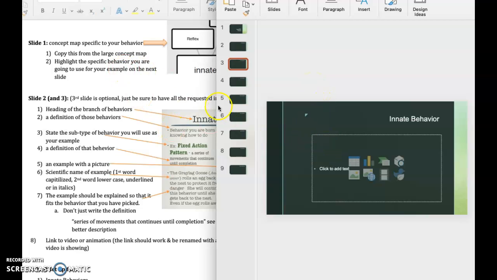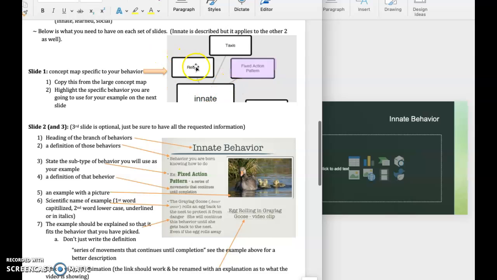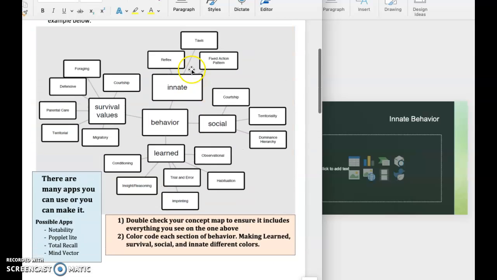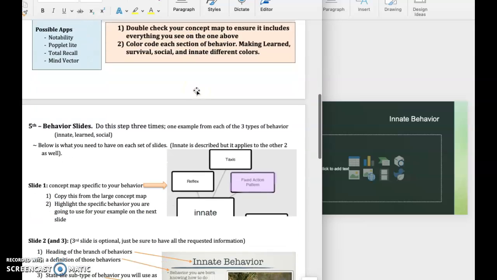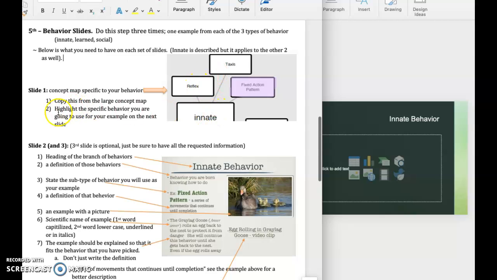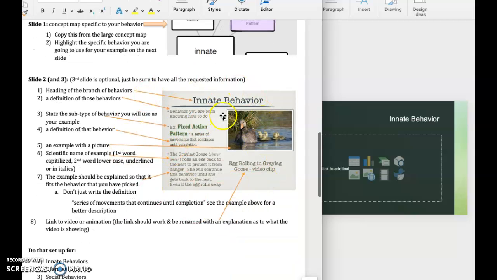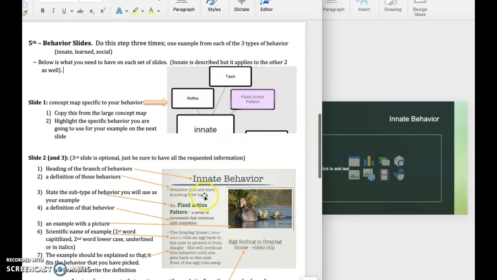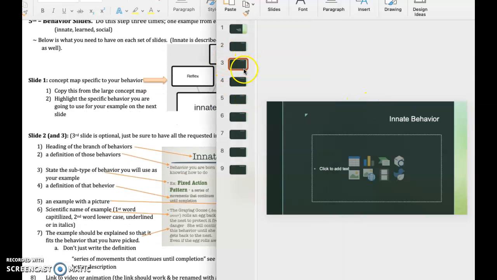So in our innate behavior slide 1, we're going to go back to our big concept map here, and we are going to copy what we have here and paste it onto our first innate behavior slide. Then highlight the specific behavior you're going to use for your example on the next slide. So the next slide is going to look like this. We picked out an innate behavior and we're going to talk about it and explain how it is indeed an innate behavior. So for now, this one is a fixed action pattern, so I'm going to highlight fixed action pattern, put that in my first slide for innate behavior,